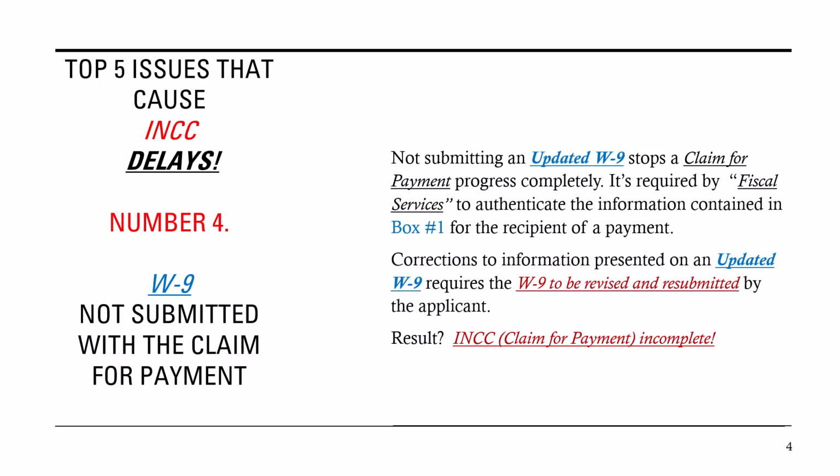Very important. It's also important, the information contained on the W-9 must also match exactly what you want to put on box number 1. If the names are different, if you miss part of the name in the W-9 and or box number 1, Fiscal Services and the MACS office are going to require you to resubmit an updated W-9 with revisions that match exactly